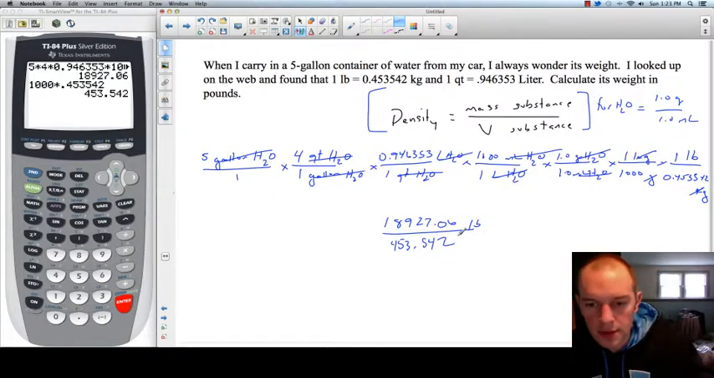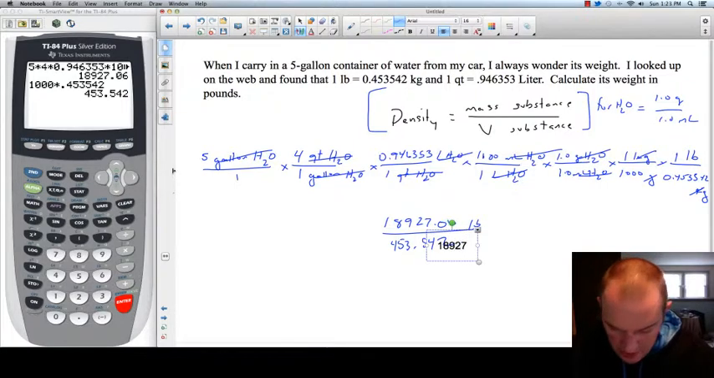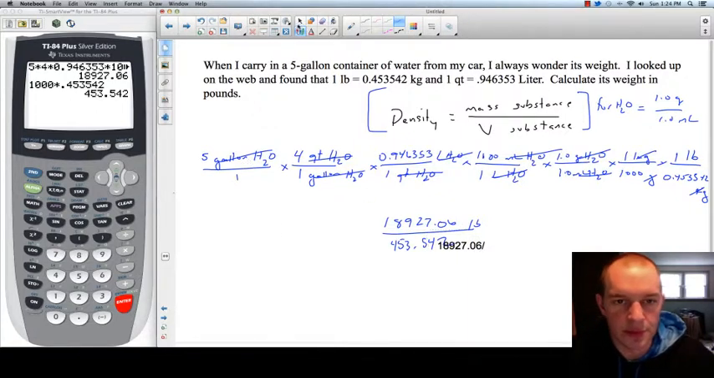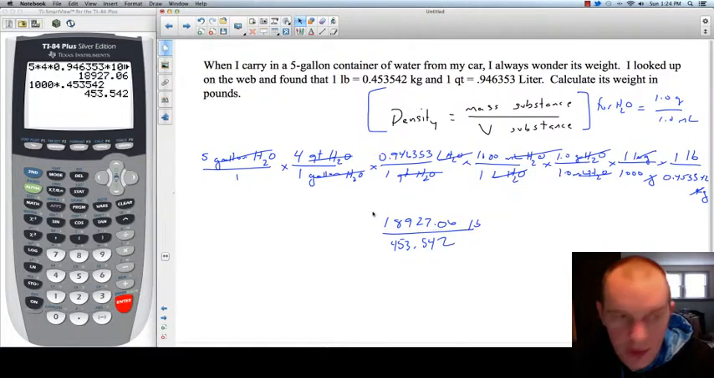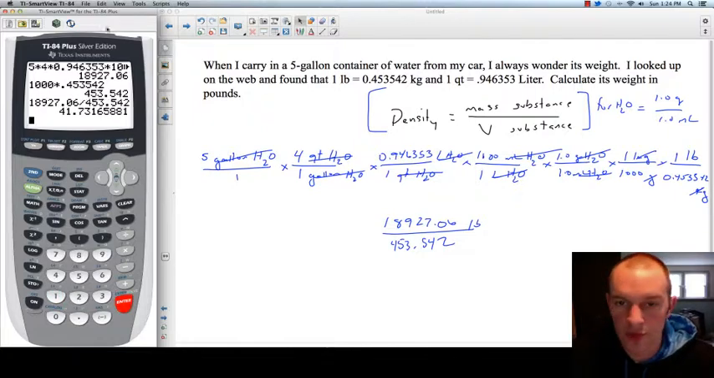Now we can go ahead and perform this conversion right here. We're left with 18927.06 divided by 453.542 equals. And we can see that the unit works out to be approximately